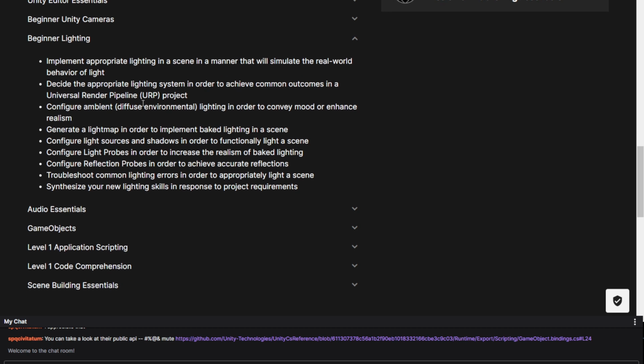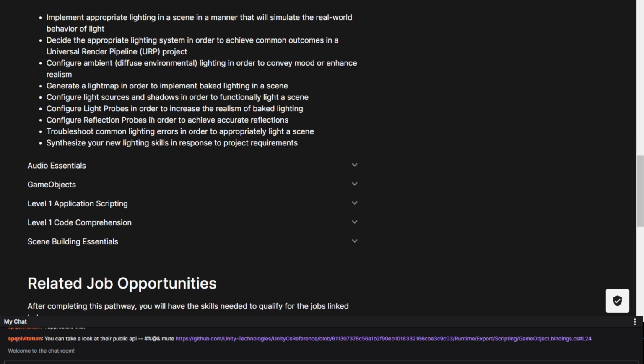Configure ambient diffuse environmental lighting in order to convey mood and enhance realism. This thing really makes me want a light type map in order to implement baked lighting in a scene. Configure light sources and shadows in order to functionally light a scene. Configure light probes in order to increase the realism of baked lighting. Configure reflection probes in order to achieve